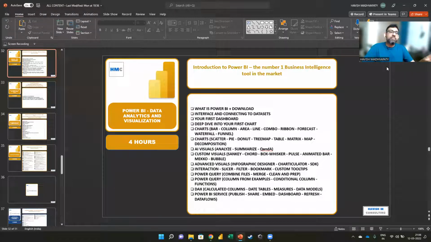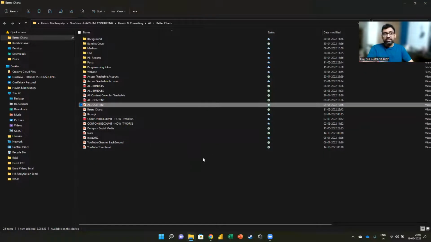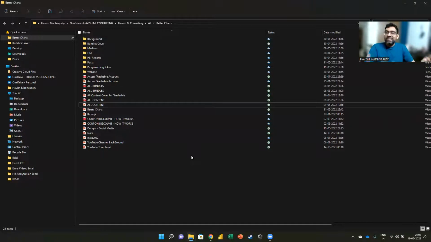Honestly, only doing my course might not help you, because you have to score 700. If for the rest of the 30% you're not even attempting it, then I doubt that you can get 700 out of 750, if you get my point, right? But from a learning perspective, I'm very confident, because this is tried and tested.